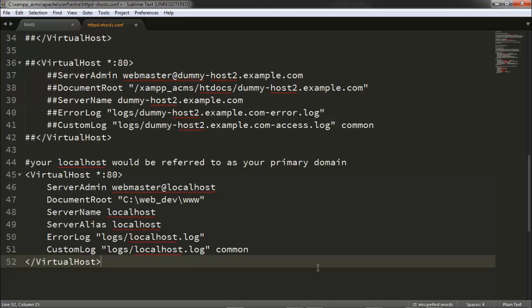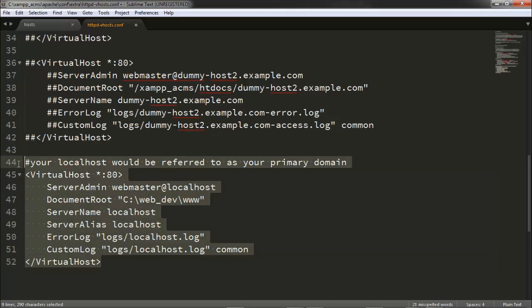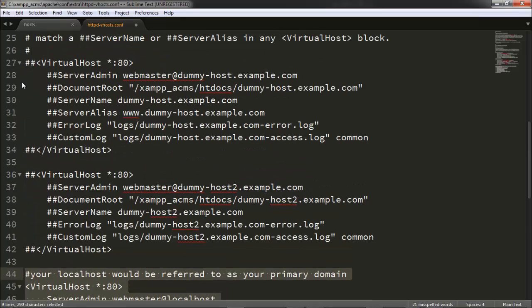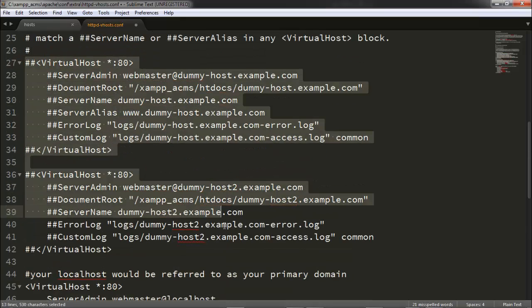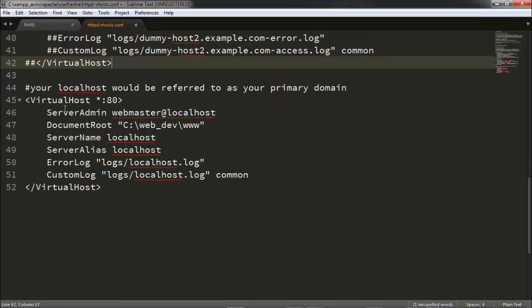Starting with our localhost, just by looking at it, you can see that this looks like the ones up here, again, because these are examples that are meant to help you set it up. So I've already done that. Here's our localhost,